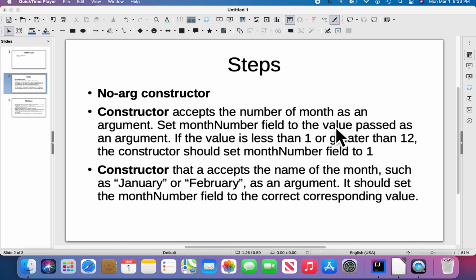Also, the class should have 3 constructors. The first constructor is a no-argument constructor. It only sets the private integer field monthNumber to 1, and the second constructor accepts the number of a month, and it should set that number that the user enters to the monthNumber field. For example, if the user passes number 2 to the constructor,